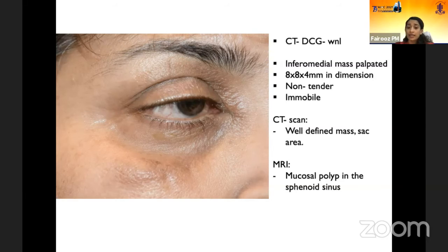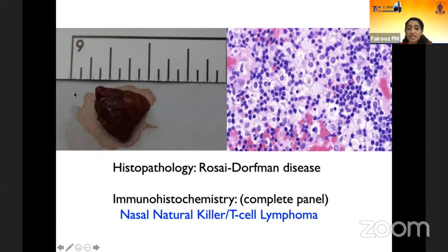So we went ahead with a biopsy for this mass. It's not really evident here, but this is a chunk of mass that we were able to excise, and the watering she was having was probably mechanical compression of the lacrimal sac. Initially in histopathology this was diagnosed as Rosai-Dorfman disease, and we were happy about the situation because malignancy was ruled out.